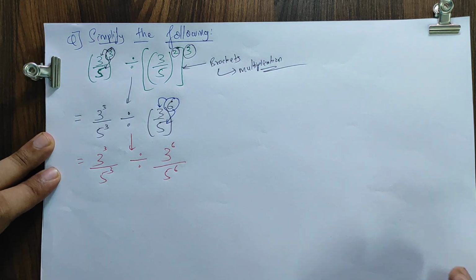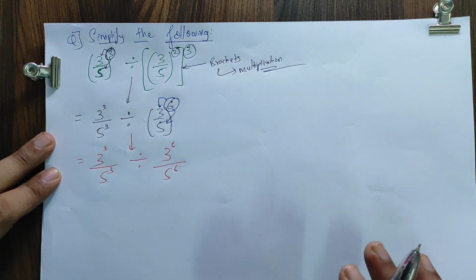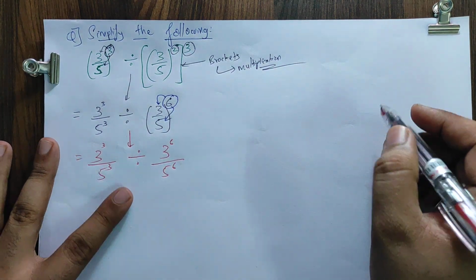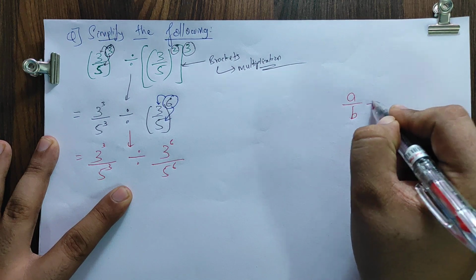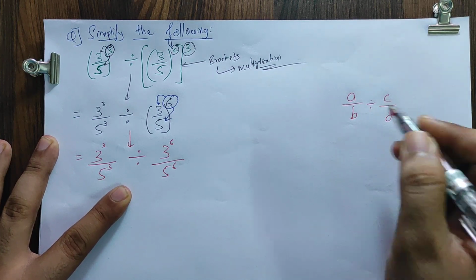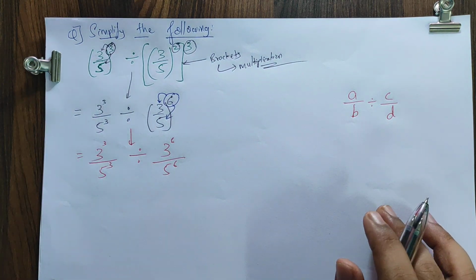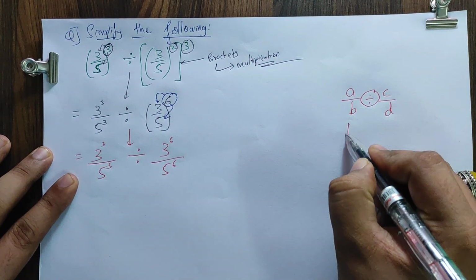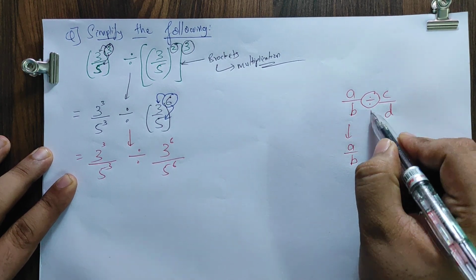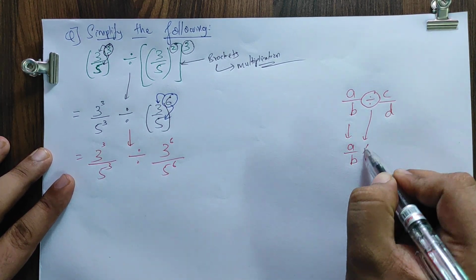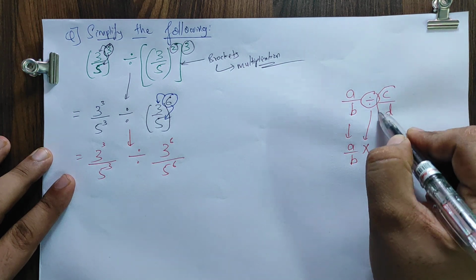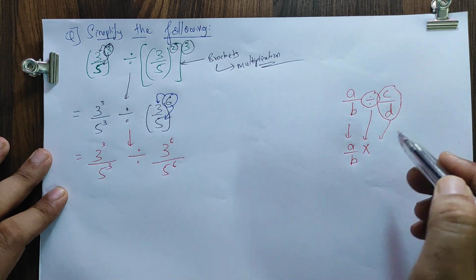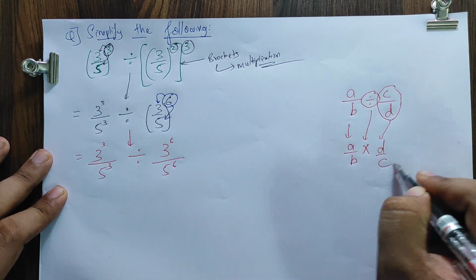Now, a very important thing which we all know, it's not something new I'm teaching you, with a red color pen. See here please. If somebody tells you A upon B divided by C upon D, then how to solve this division? We will copy the first fraction as it is, A upon B. Instead of division, I'll write multiply. Listen very carefully. Whatever fraction we have just after the division, we will reciprocate it: C upon D, I'll write D upon C.